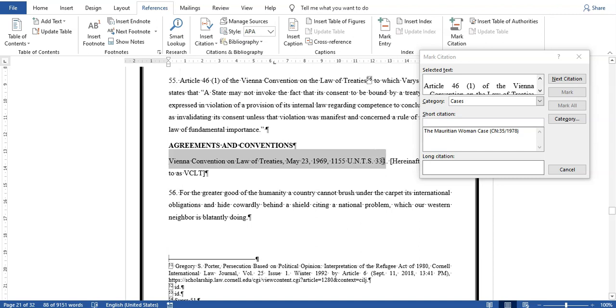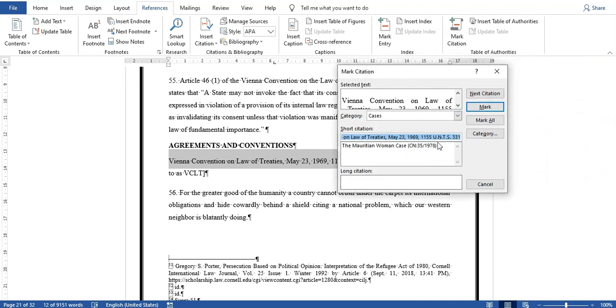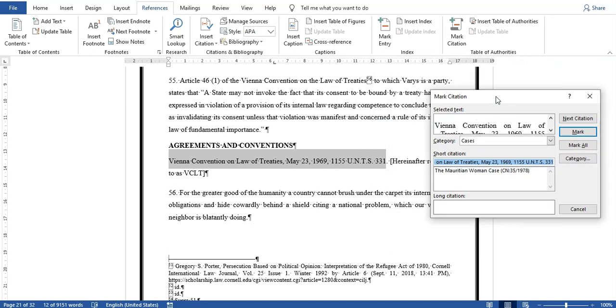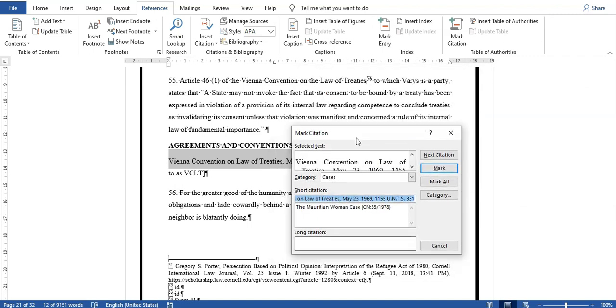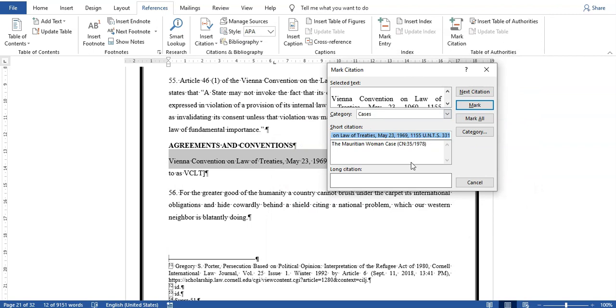This is how I want to cite that. If it is a long citation, you can specify here the short citation, for example VCLT, if you want to put it as VCLT. So it is left to you how you want to. And this I don't want under cases, I want it under agreements and conventions.